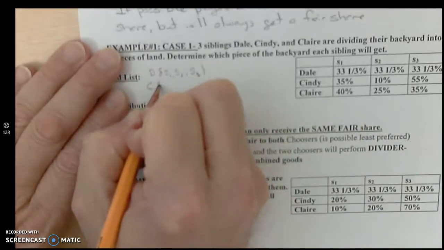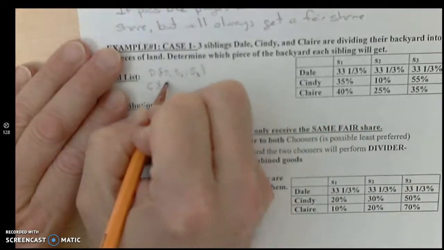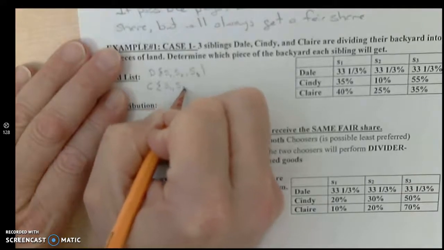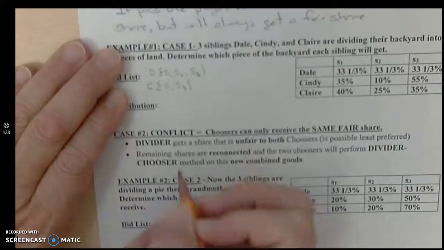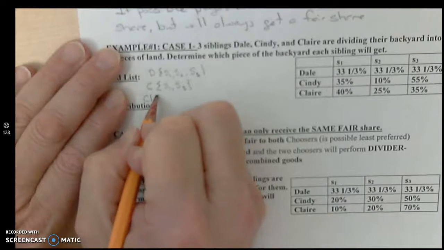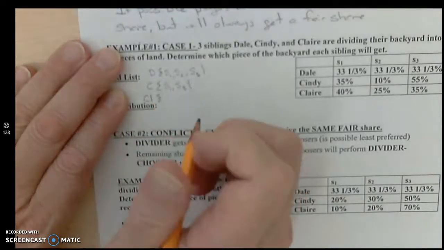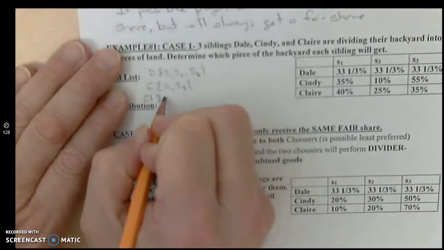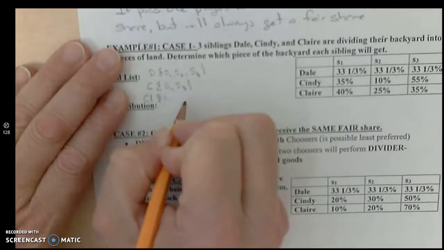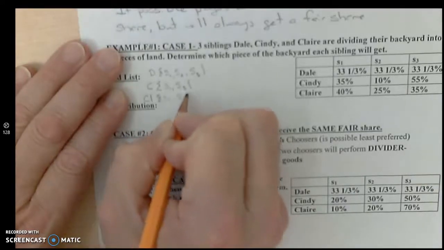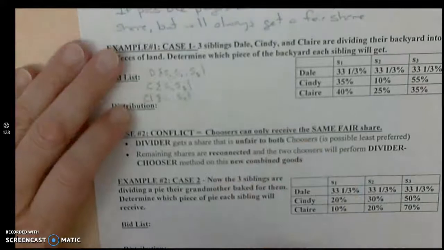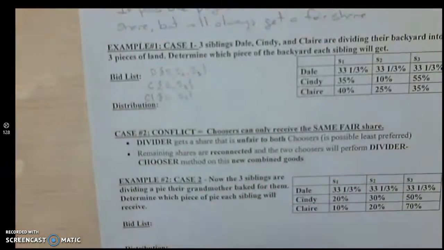Cindy, in terms of fair shares, 1 and 3 would be a fair share. And then Claire, I'm going to do CL for Claire. Claire, 1 and 3 was also the best for Claire. Now, if you think about it,